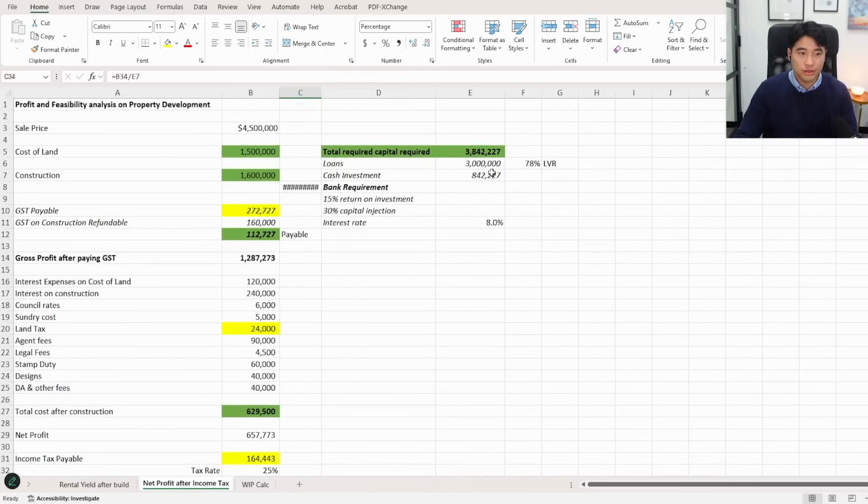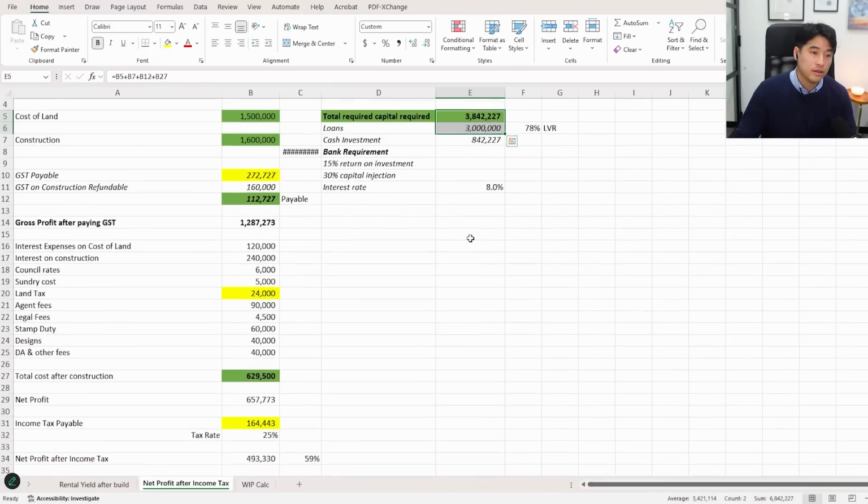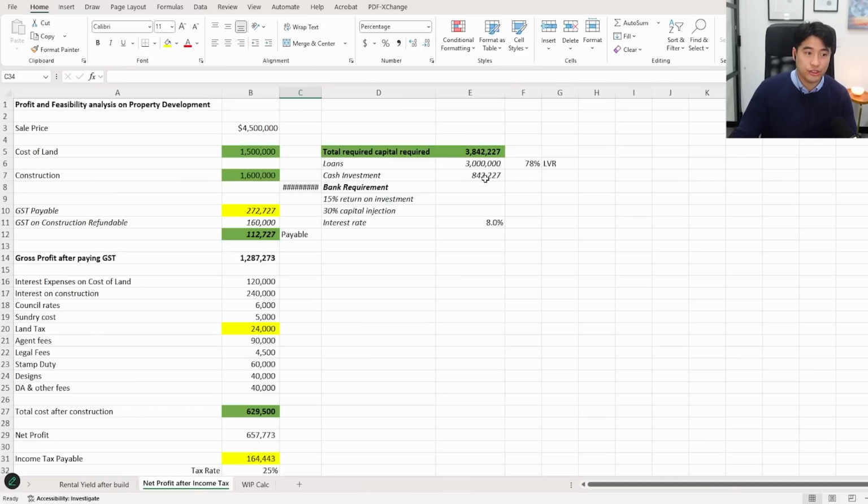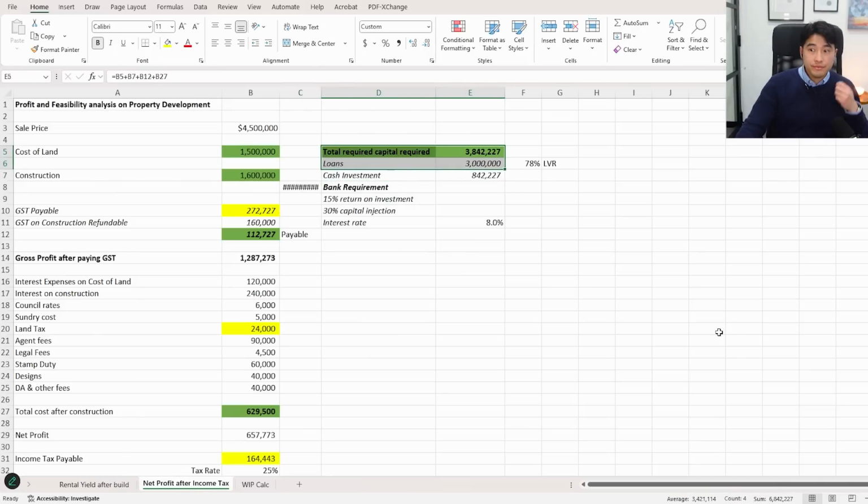But you're taking on a lot of risk. I know you're putting like 900 or 850K in, but you're not putting in just 850K if you've got a loan of 3 mil. You're taking on a risk of 3.8 mil, losing 3.8 mil, not 800. But yeah, developers see it as cash injection rather than money that they borrowed.